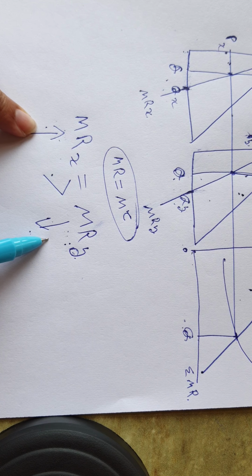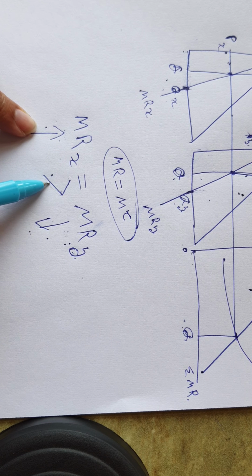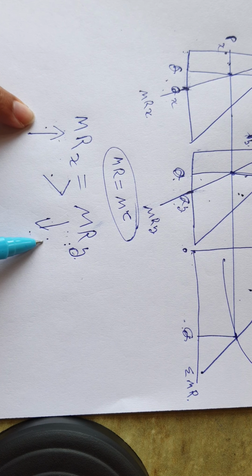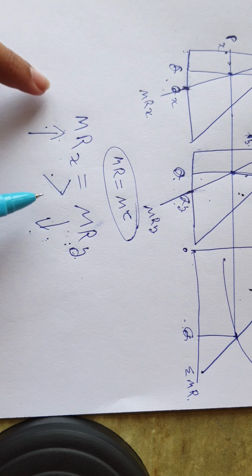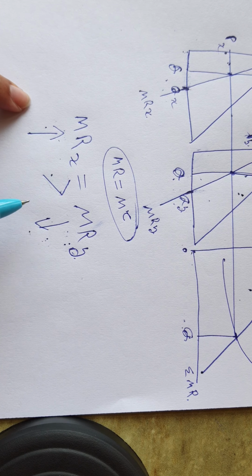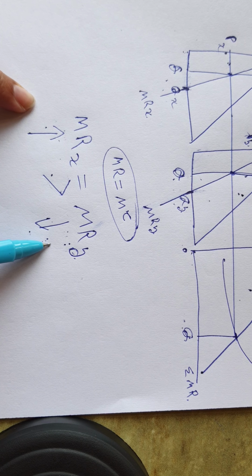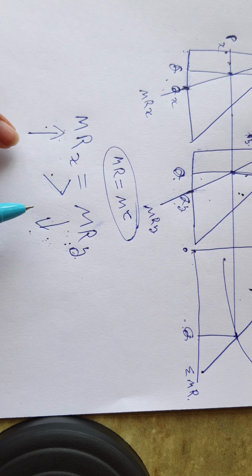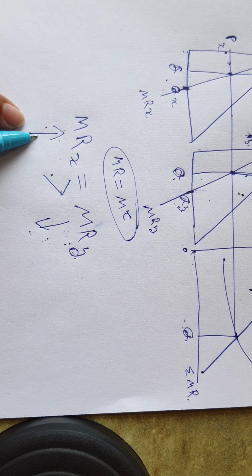And obviously earlier, if this situation was happening, you were not maximizing your profit actually that time, because there was a scope of changing your production pattern and increase your profit. And if there is a scope to increase your profit, it means you are not maximizing your profit. So you will behave like this. You will produce more of X, you will produce less of Y.